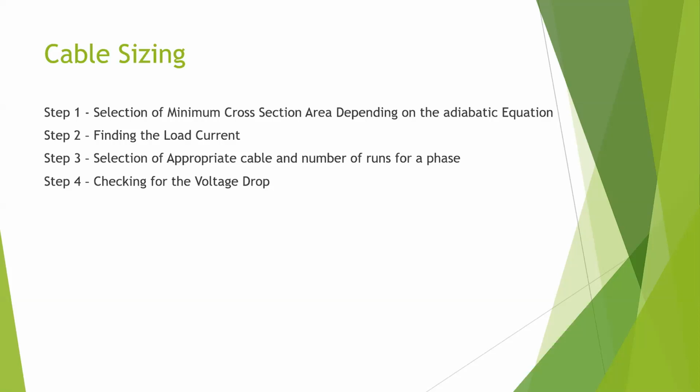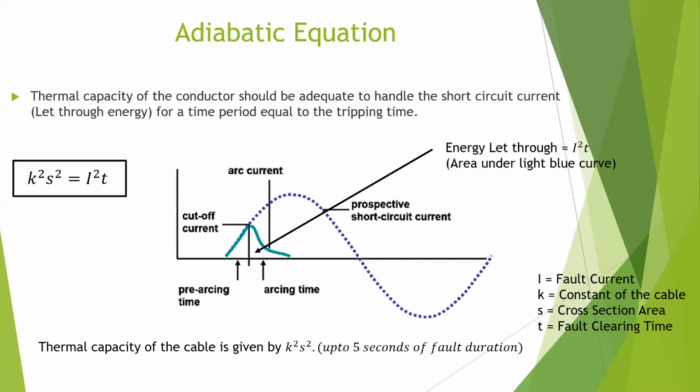And then the voltage drop criteria. You know how to find the voltage drop. In installation design you use resistance, but here we are going to have resistance and also the reactance, because these cables are large and they will have parallel capacitances and all, so we need to consider them for the voltage drop. And then the adiabatic equation. I will explain what's going on here.